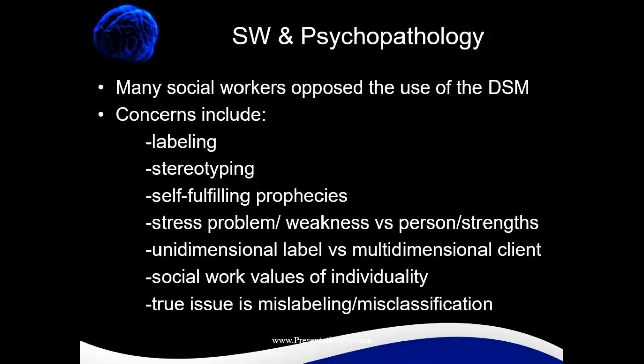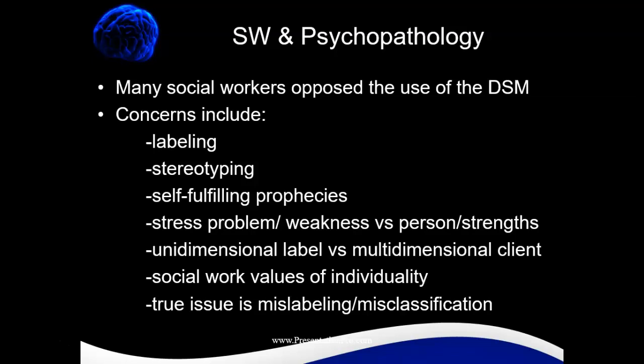classifications and the symptomology may mean for clients themselves. For example, there's a lot of labeling of clients, stereotyping of clients, and so this means that there are adverse impacts to clients. So oftentimes, there is a belief in self-fulfilling prophecies related to disorders. There's also an overemphasis on stressing problems and weaknesses of individuals versus personal strengths, which again goes against ethical values and beliefs of the profession of social work.